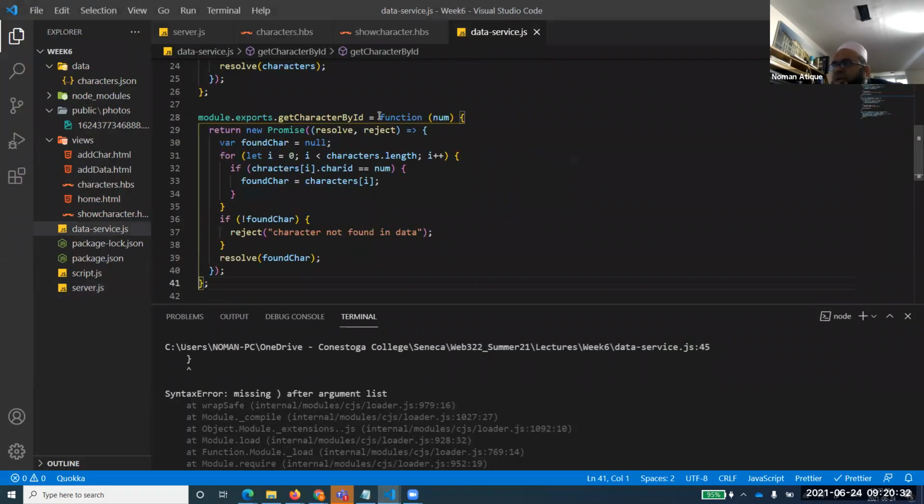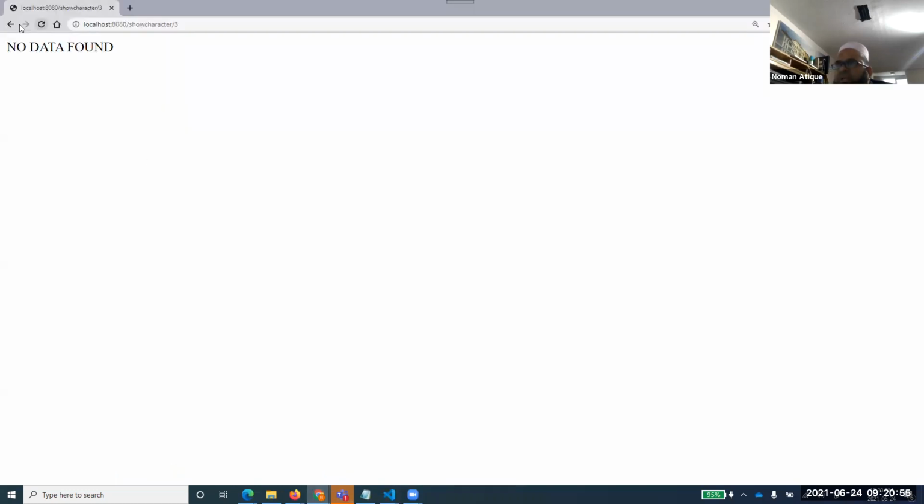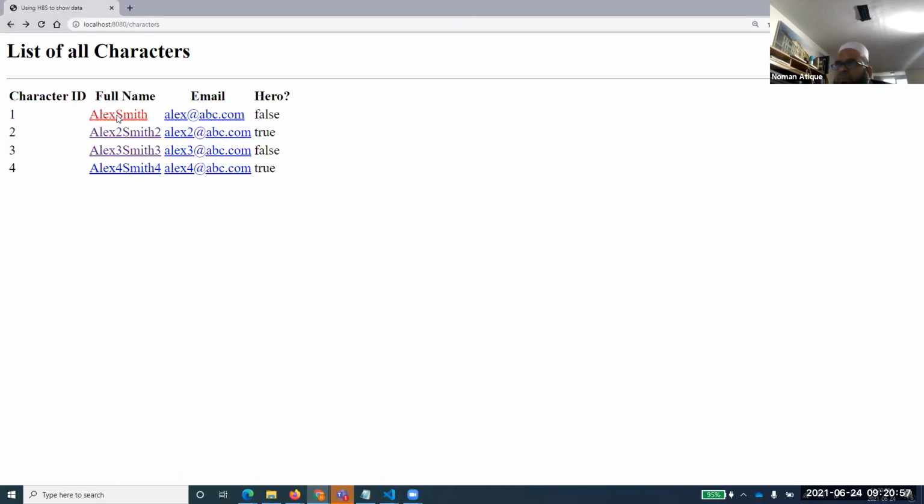Let's check this one. Num is passed, found characters null, characters dot length checking, characters of i dot char ID equals num. It is equal num. Let me check it with the triple equal. Sometimes, because of the type, conversion happens, and that might create some problem.